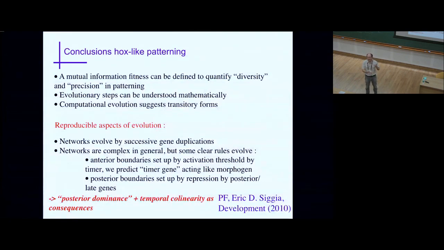What it tells you is that if I give you this kind of dynamics for the input and this kind of rules for the network, then it's more probable to have posterior dominance because it's just more robust to parameter variations. So you can see it this way, and then you cannot make any statement about evolution. I guess this is an evolution conference, so I should not say that, but it's still informative, I think.